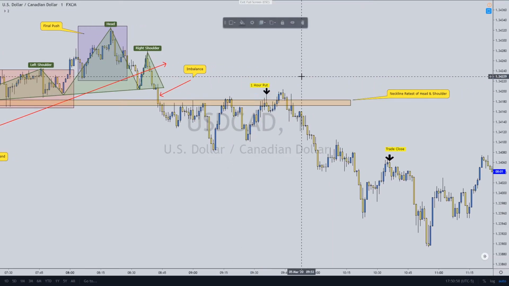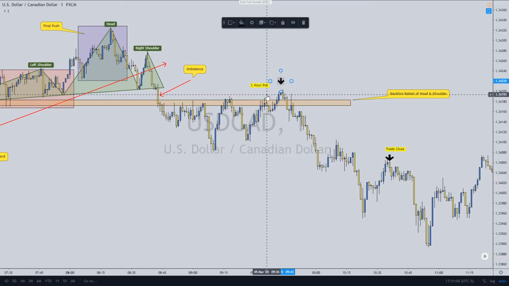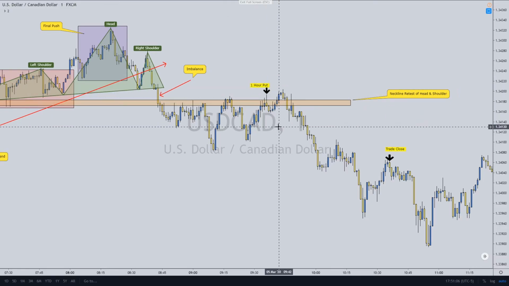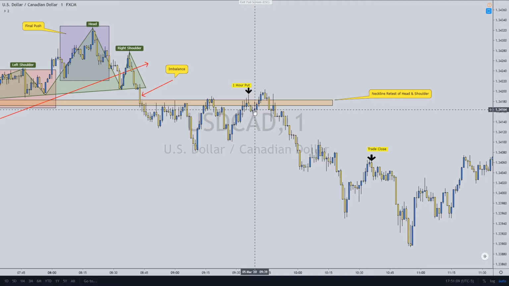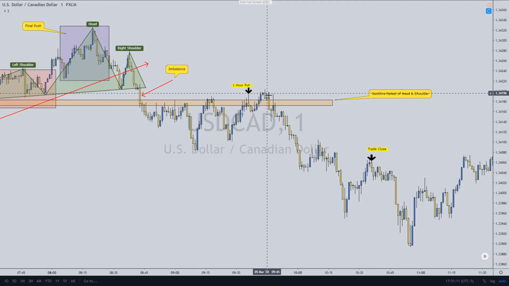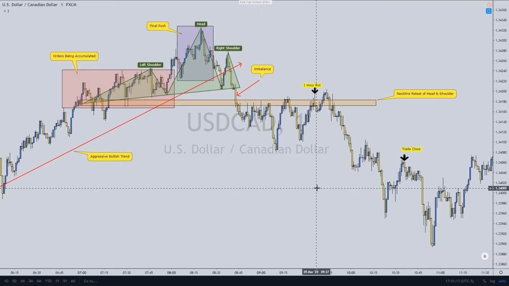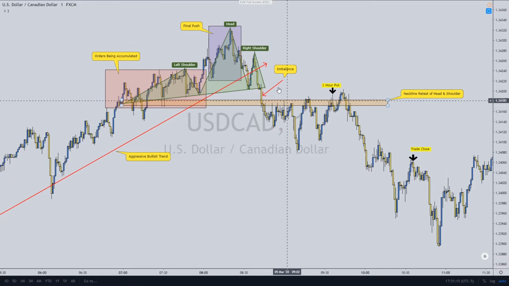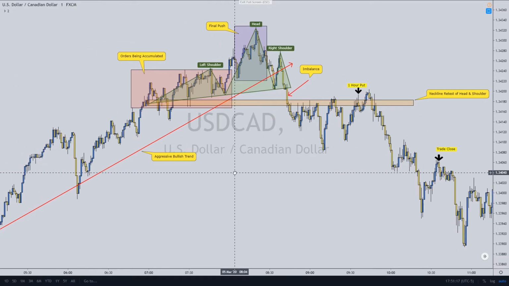Let me get this out of the way. With this wick, you can see how price came right into the 50%, and that's where we took our trade as soon as that 50% got hit. Price gives us a little tiny push down before coming up and then tanking the way that we were looking for. So there were a lot of things going into this trade, and it might seem complicated if you're new,